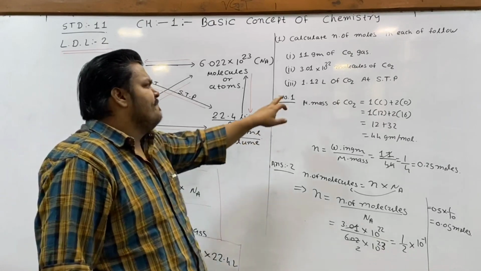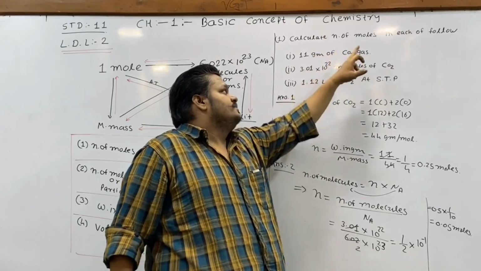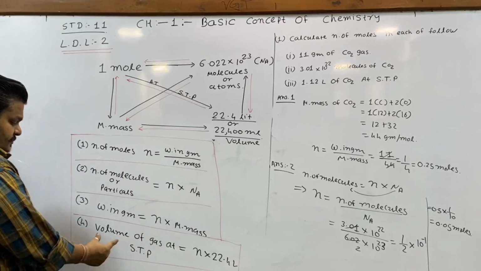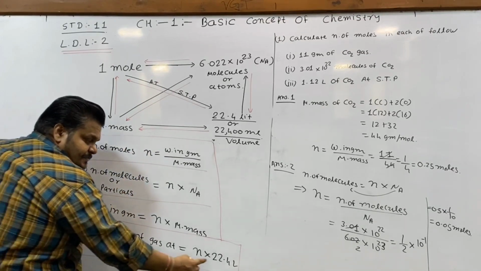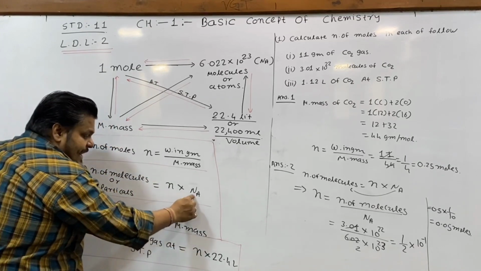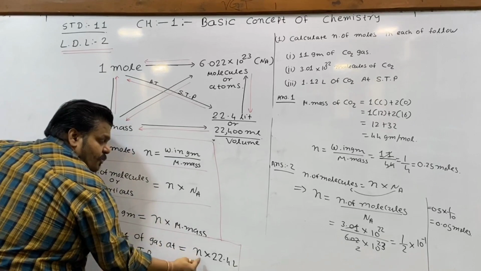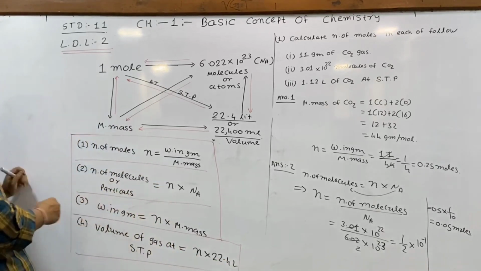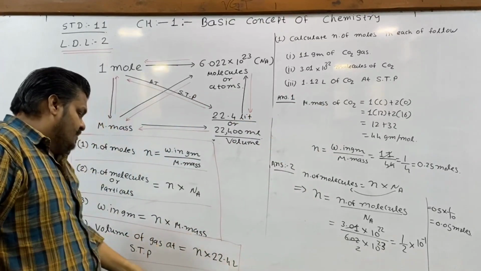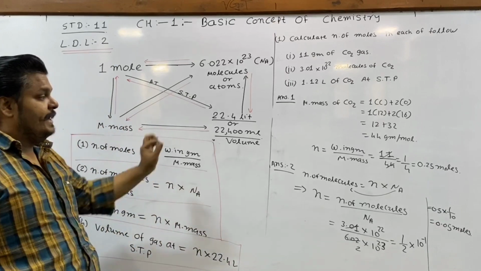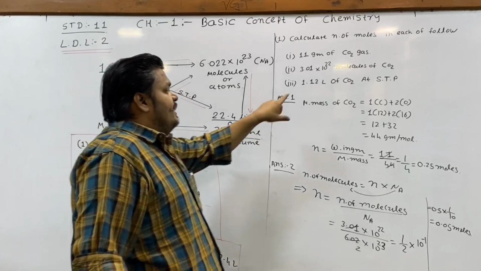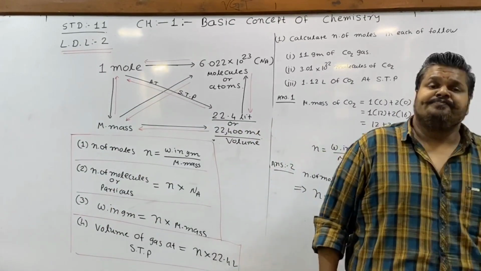The next one is conversion of a liter to number of moles at STP. We already have a relation. Volume in liter should be divided by 22.4 to get the number of moles. Similarly, just as we took Na to the other side, here to find the number of moles we take 22.4 to the other side. We are given the volume at STP, which is 1.12 liter. We divide 1.12 by 22.4 and get the number of moles of CO2 at 1.12 liter of CO2 at STP.